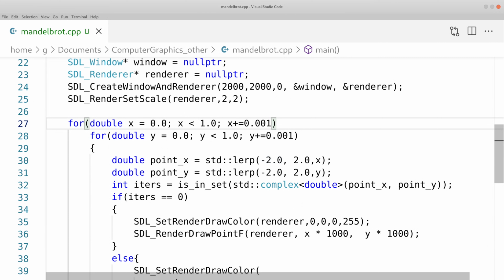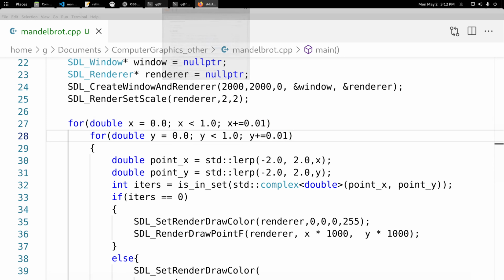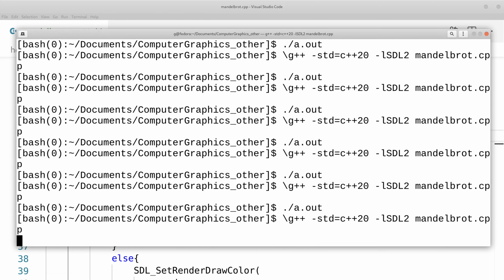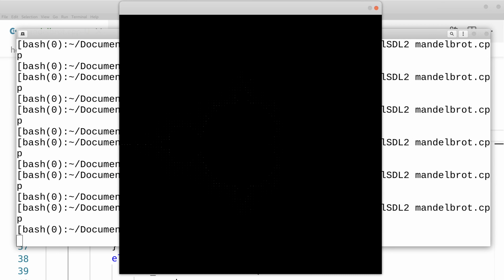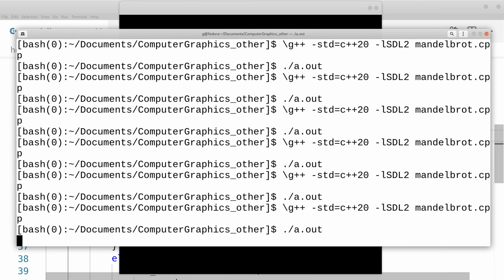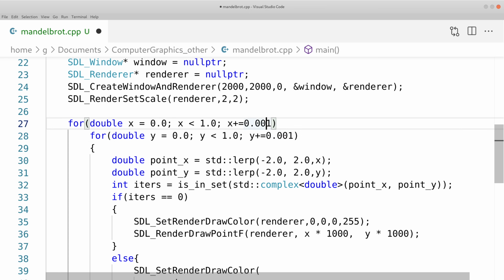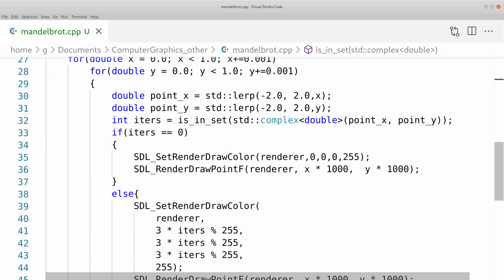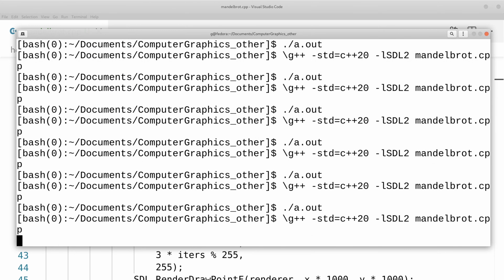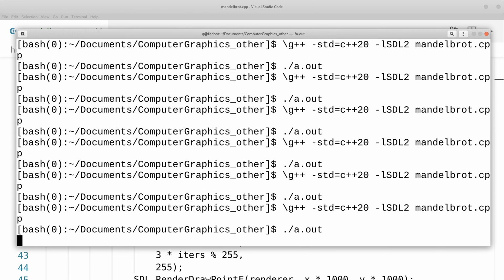So to get a higher detail picture, you probably would want to reduce this a little bit, so maybe do something like this. But I warn you, this is going to take a long time. So let's say if I do 0.01, save this, compile it. As you can see, this just looks like nothing. It's a bunch of pixels. But if I reduce it like this, I'm going to reduce the iterations too because they're taking a long time. So if I compile this and I run this,